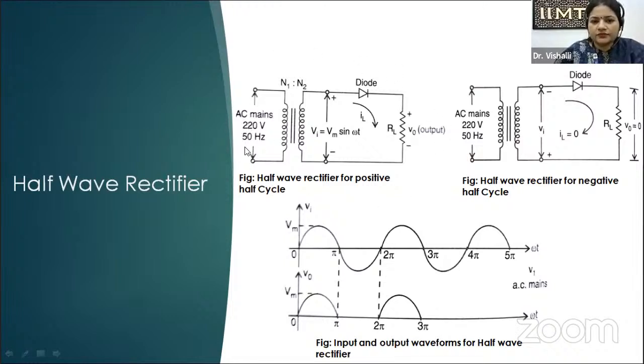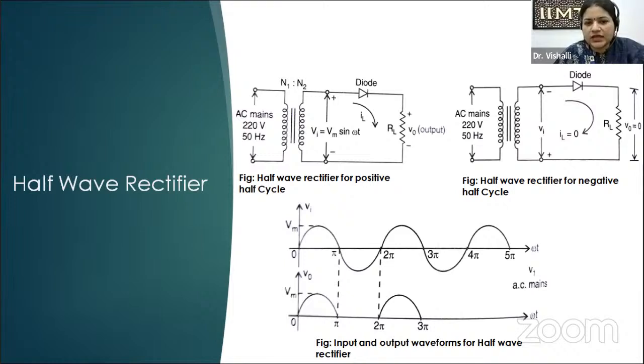So here we have the AC input. From the AC mains we are getting this input, and the next portion is a transformer with the number of turns N1 as a primary and N2 in the secondary coil. The function of the transformer is to step up or step down the AC voltage according to the requirement of the DC. What amount of DC we require, according to that the transformer steps up or steps down the